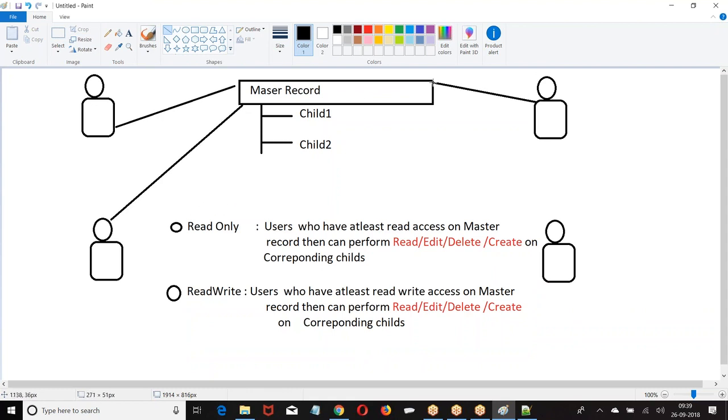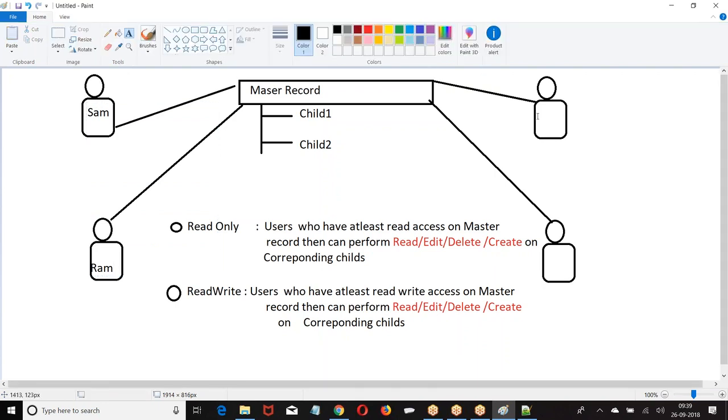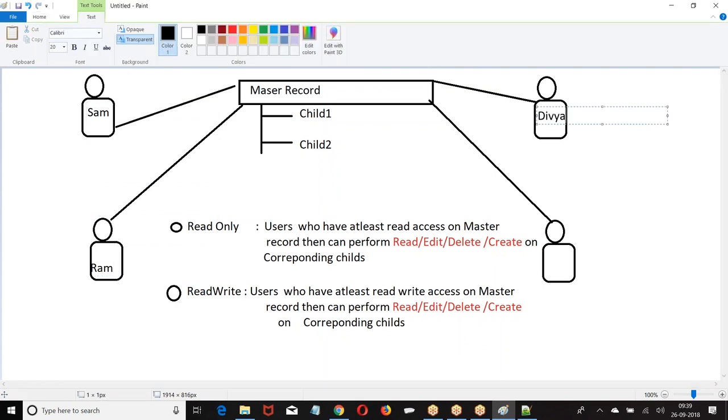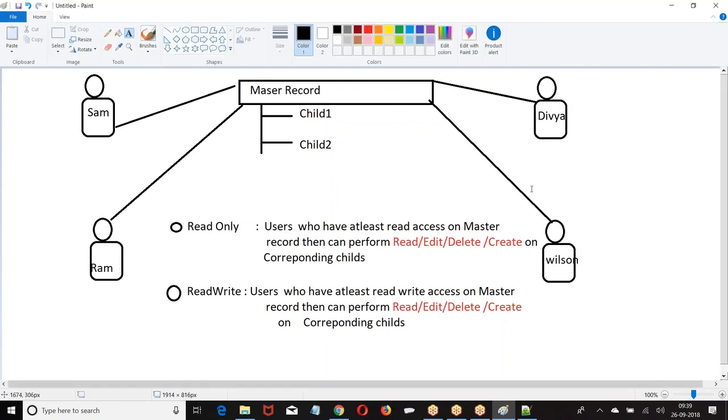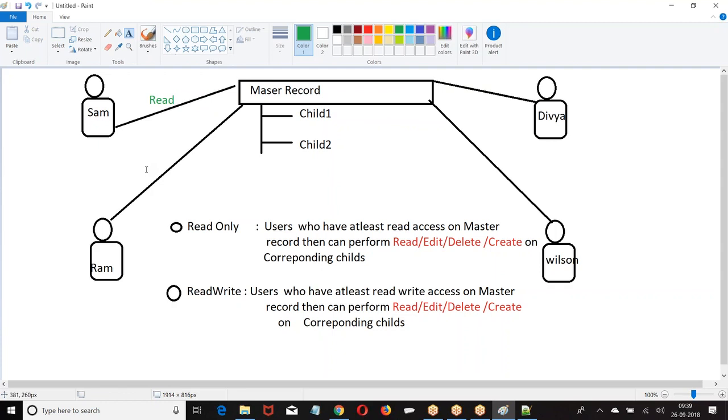Now let us see. In the organization I have Ram, Shama, Divya and Wilson. Ram and Shama have read access.